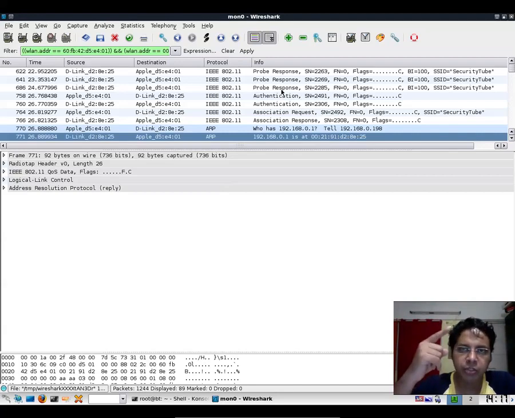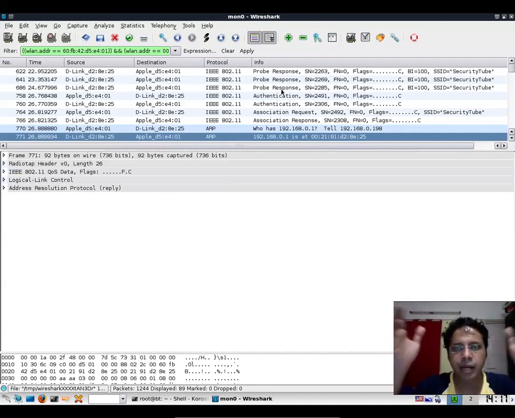One was a broadcast packet, in which the client was basically just telling everybody, all the access points around, that hey, I am here, can you please tell me which networks are available? Now to this null probe request, as they call it, all access points which have been configured to broadcast their SSIDs immediately go ahead and reply saying, I am Vivek, I am Wireless Lab, I am SecurityTube, and